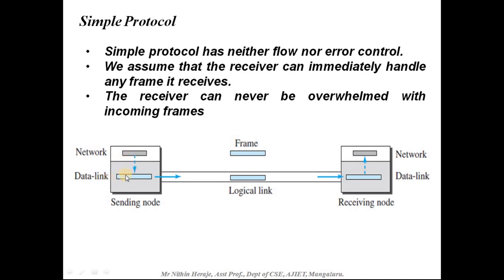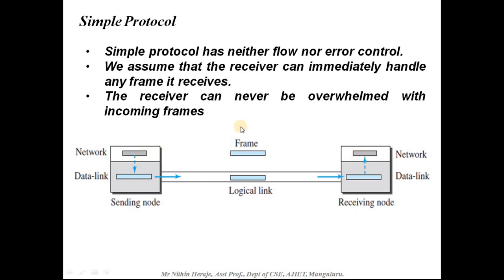Here the packet is reorganized as a frame by adding header, footer and some other details to the frames. So this frame is sent through a logical link or a connection. Okay, so the frame has been sent and it has been received at the destination end in the data link layer, and from the data link layer the data is sent to the network layer as packets.